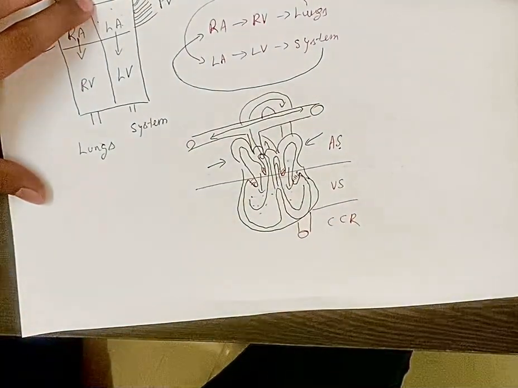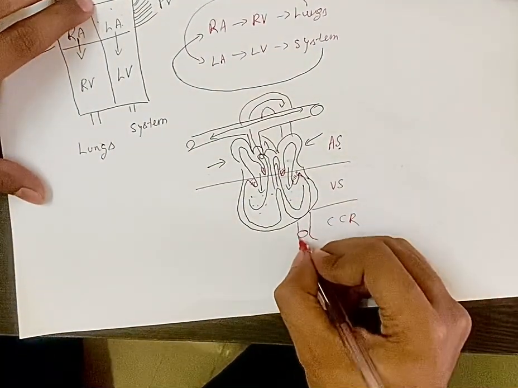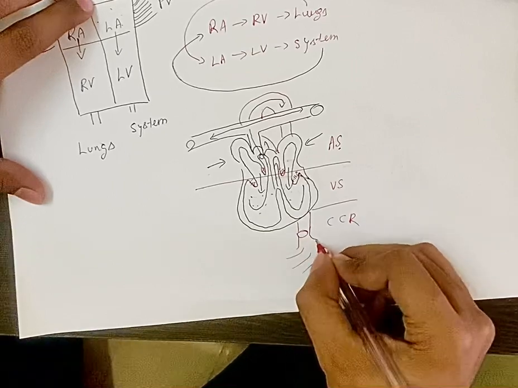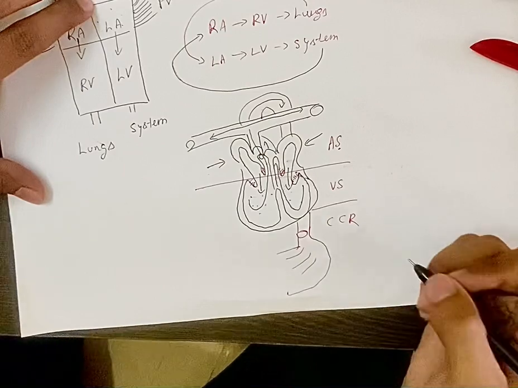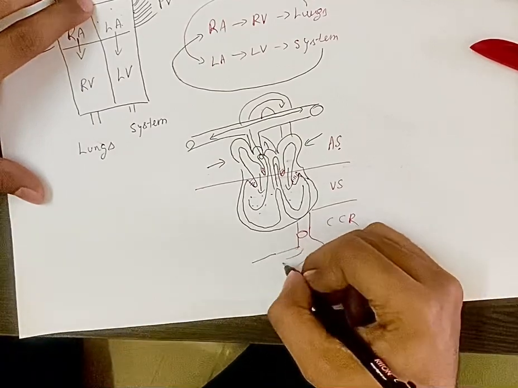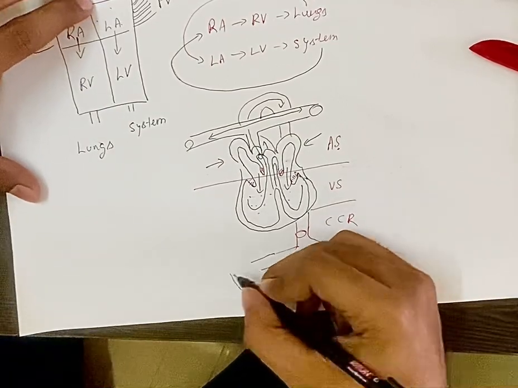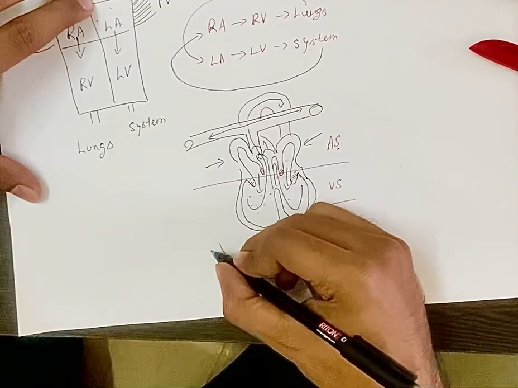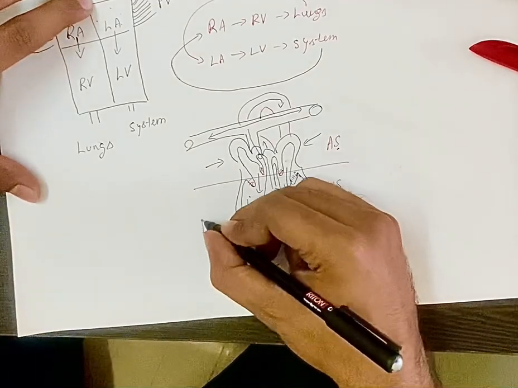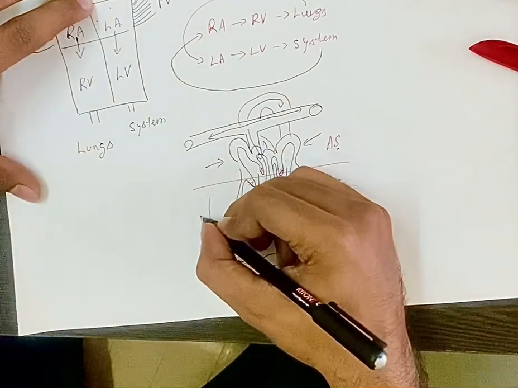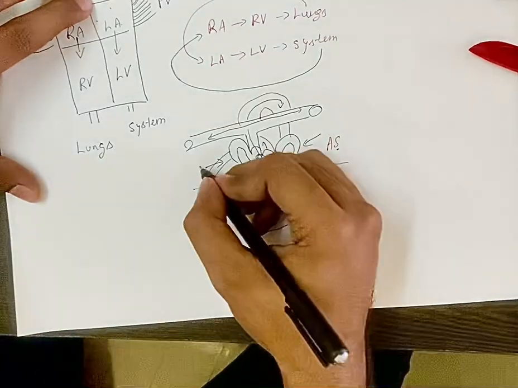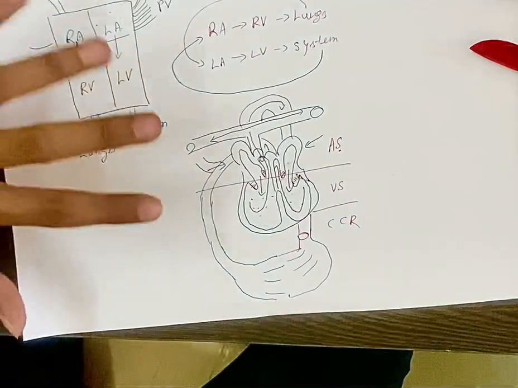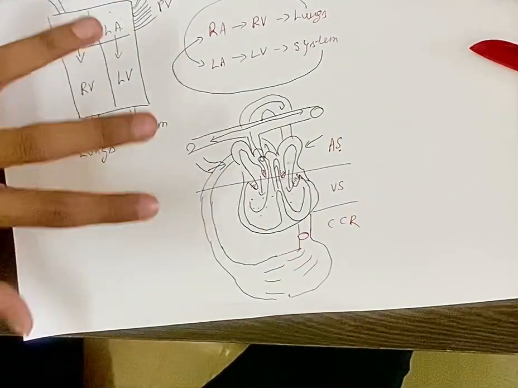And then this blood through the aorta will go to our tissues and body. Then it will get broken down into arteries and then into the capillary network, and then again all this blood will be picked up by veins, and then the inferior vena cava and superior vena cava will again drain this blood into the right atrium, okay? So this is how your cardiac cycle works.